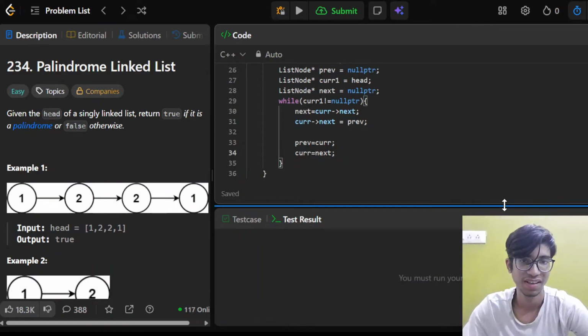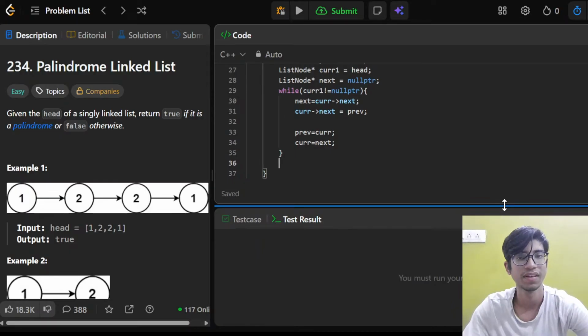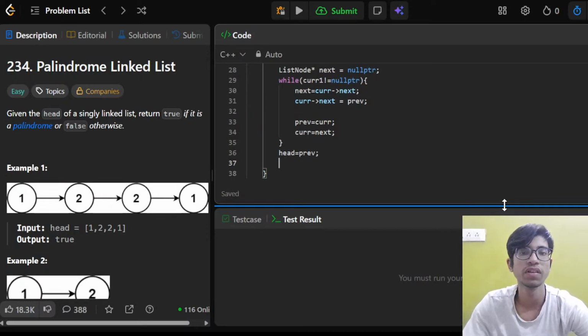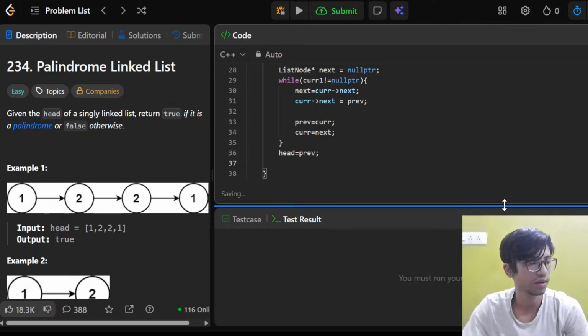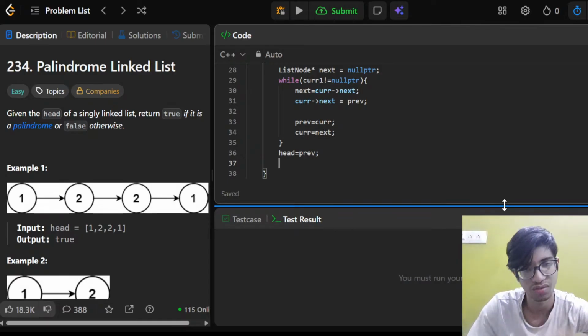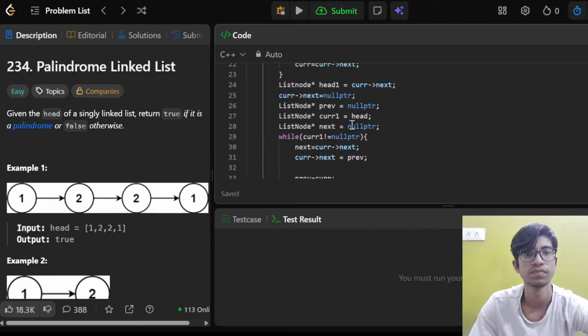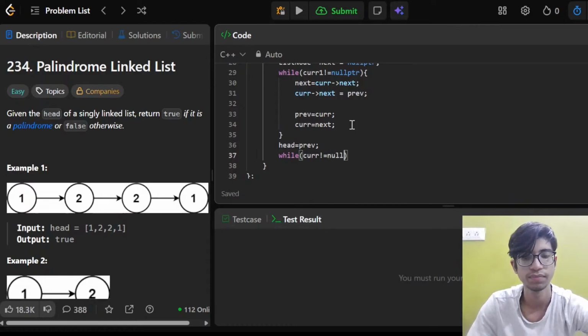And after this, head is equal to prev, and because now head is equal to previous, I've got what I need. Oh, I just forgot about it. Okay, now it's okay. So head is equal to prev. So while cur is not equal to null pointer, not cur exactly,